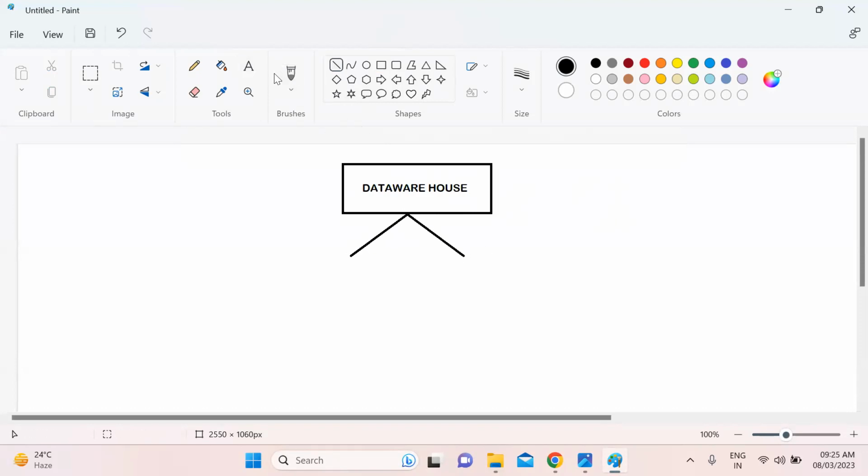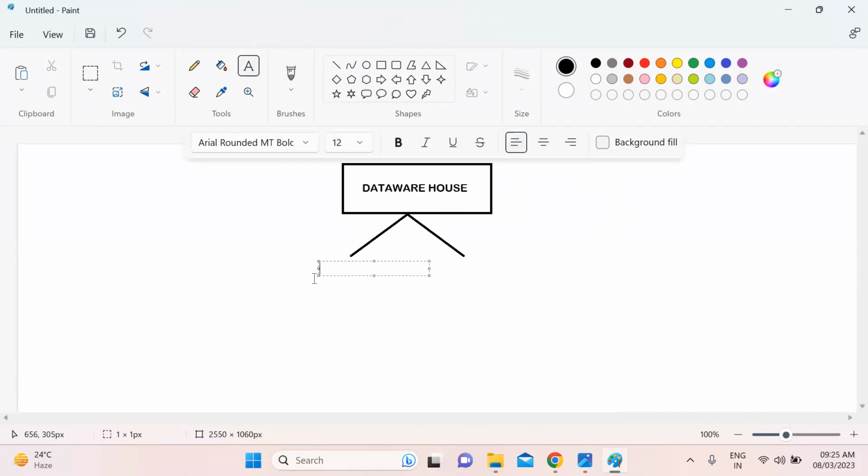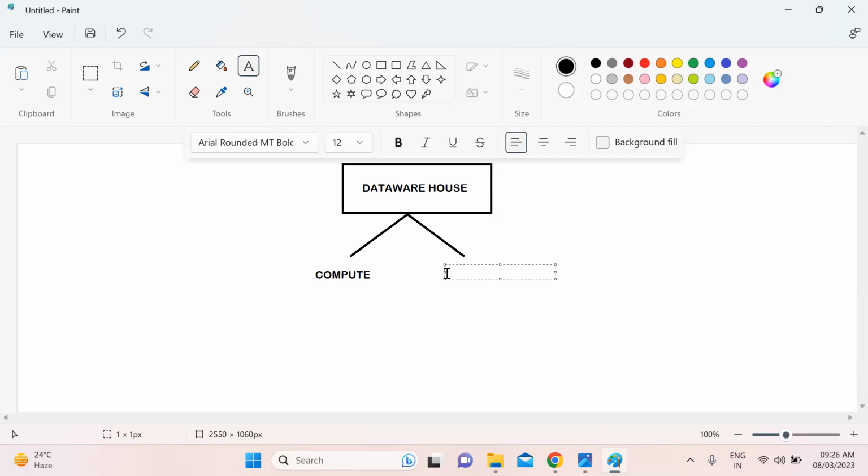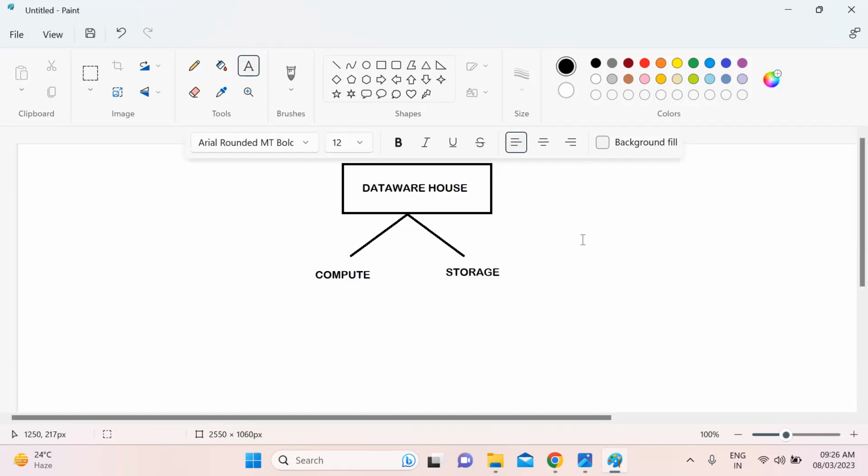A data processing tool and a data warehouse or database to store the data. Okay, processing means compute. You need compute. And storing means you need storage. Clear? That means I need compute and I need storage.